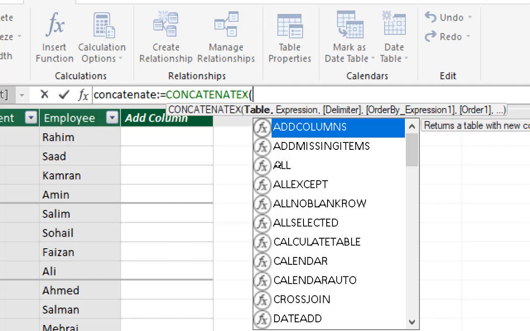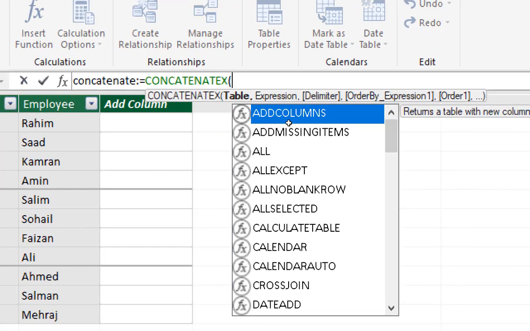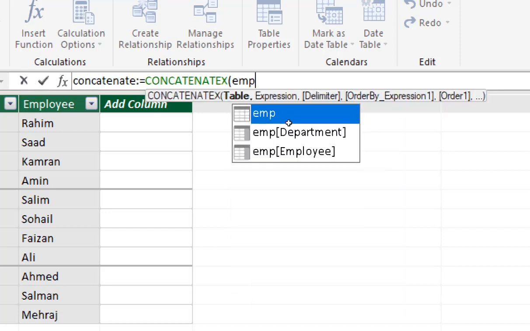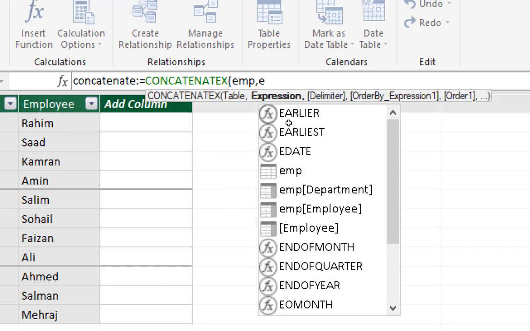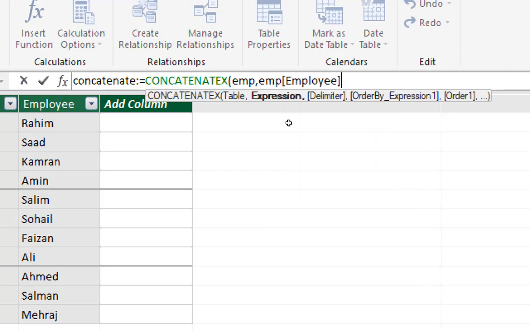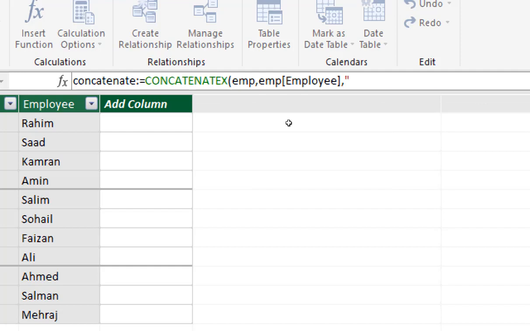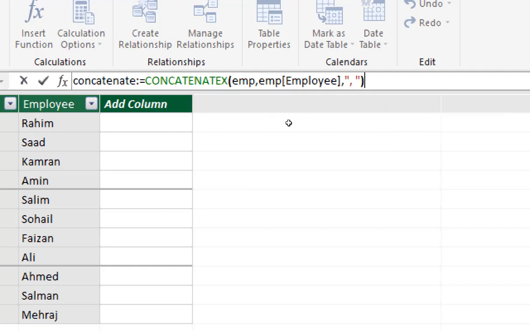I'm just giving you a demo in the Power Pivot window available in Excel. So CONCATENATEX, table name is EMP, then the expression, the specific column which is employee, and defining the delimiter for how we want to separate two values from each other, and press the enter key.